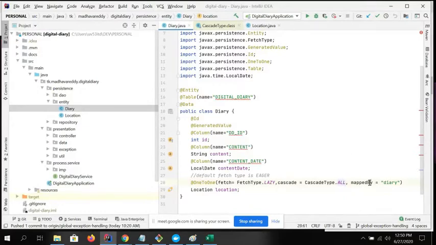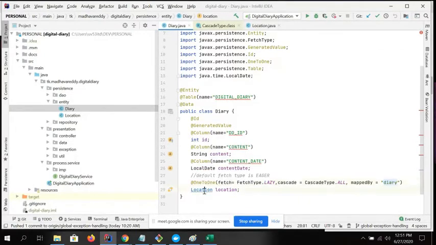And mappedBy: what should I pass to this one? Location is a class, and which class do I have to map? When you do mapping, any class name will be converted into small letter characters, and it uses that class name internally and maps accordingly.